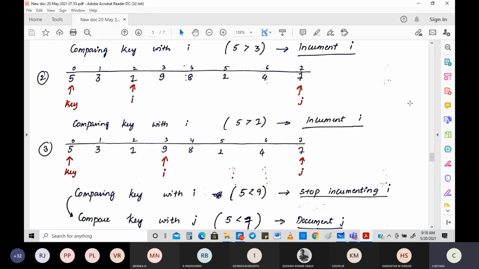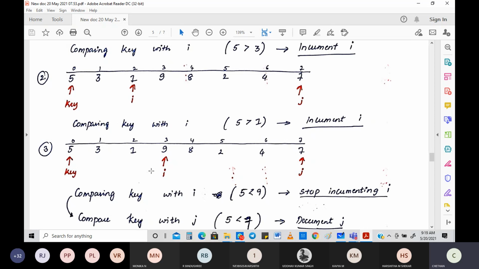Now I'm comparing the key element with J. You have your 5 and your J, which is 7. 5 is less than 7. The J value is more, so you are going to decrement J. For I, the value should be less than the key value; for J, the value should be greater than the key value. Why?